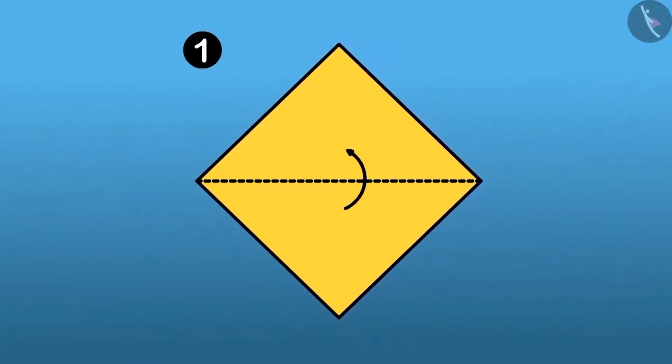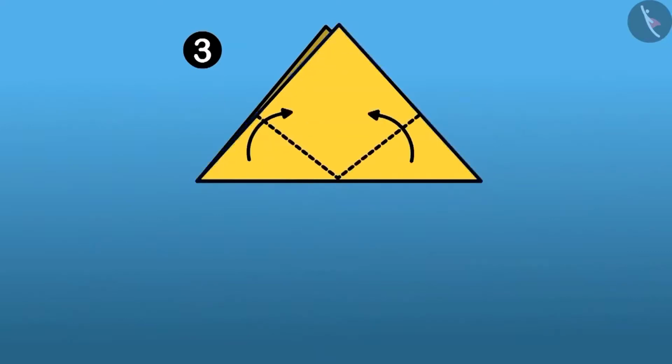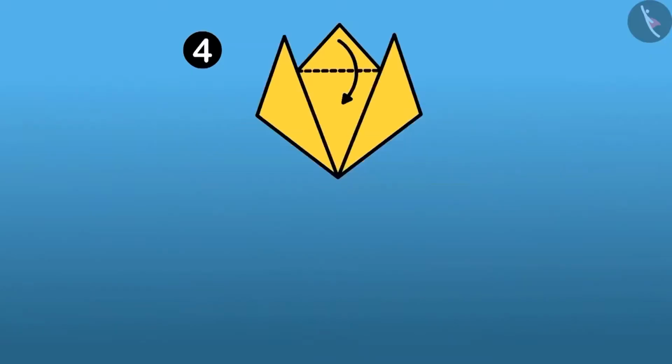For this, firstly you need to take a square-shaped paper and make a triangle by folding it at the center. Children, can you find angles here? Yes, you must be seeing 3 such angles in it. Now fold the 2 corners of this triangle like this and make 2 small triangles. Then you need to fold this top corner inside.